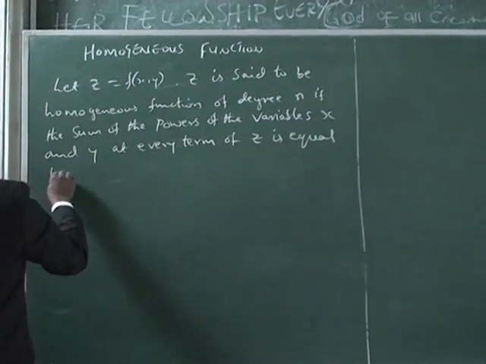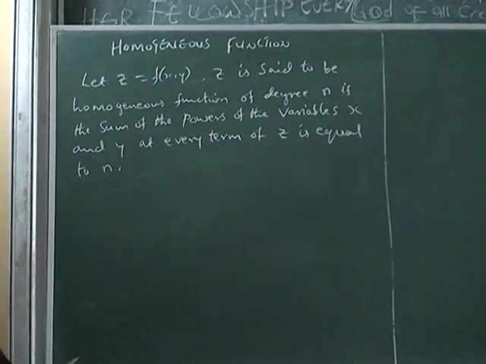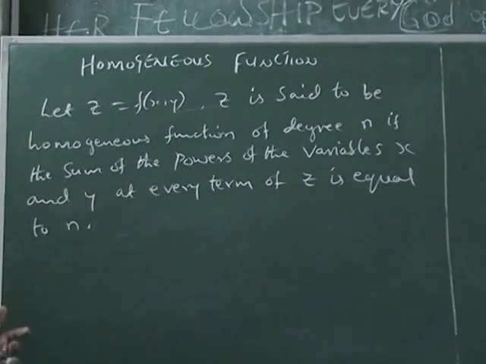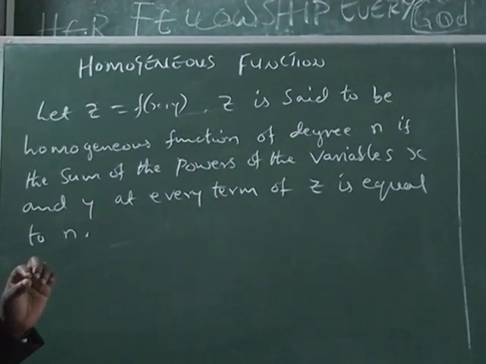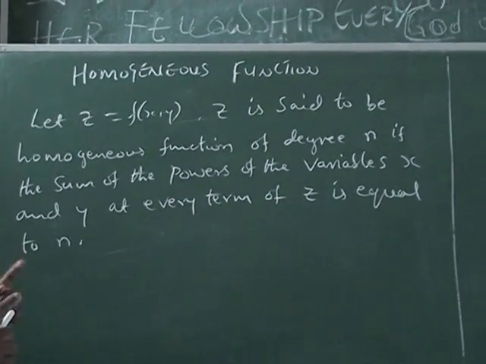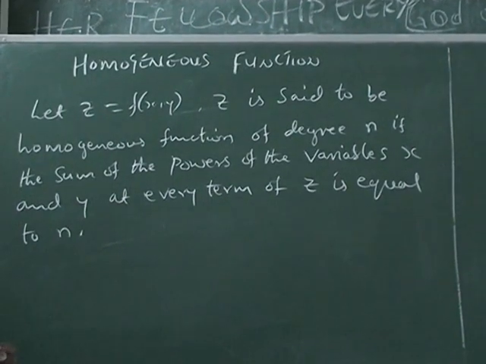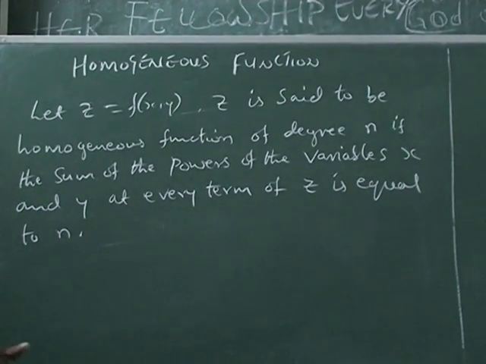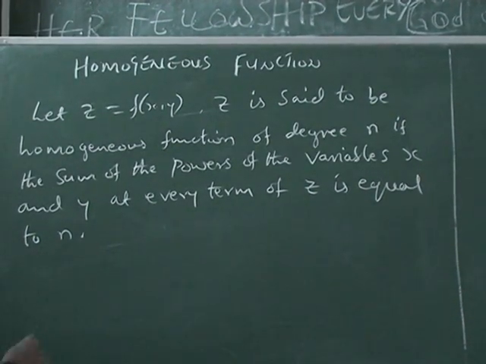That is, if I have z defined as a function, and in every term I add the powers of the variables x and y and get n, that means the terms are equal. The powers, when I add them, are equal. So such a function is called a homogeneous function. Now consider